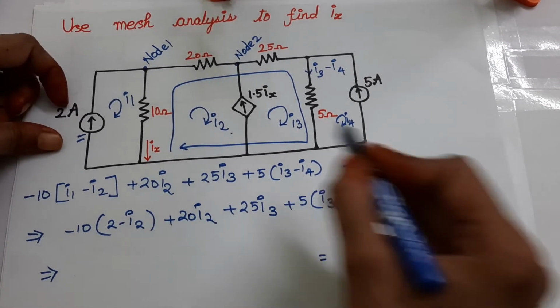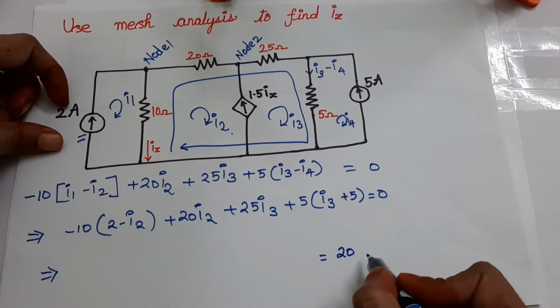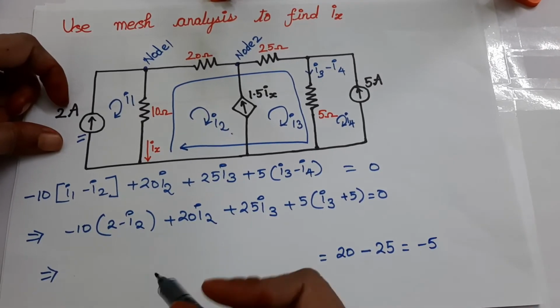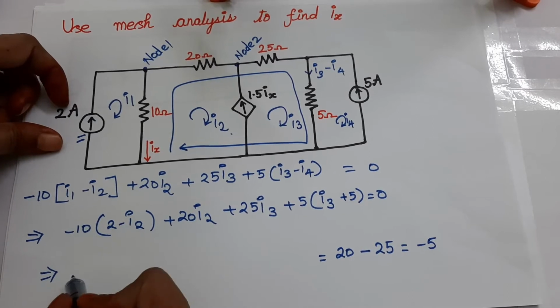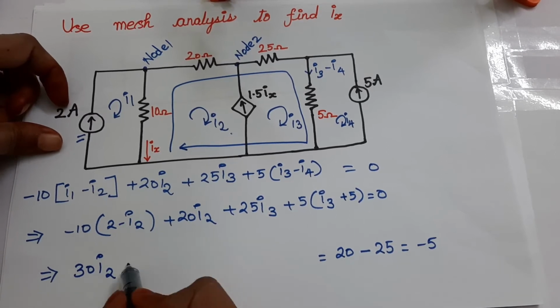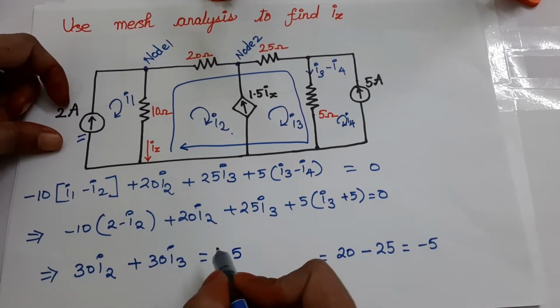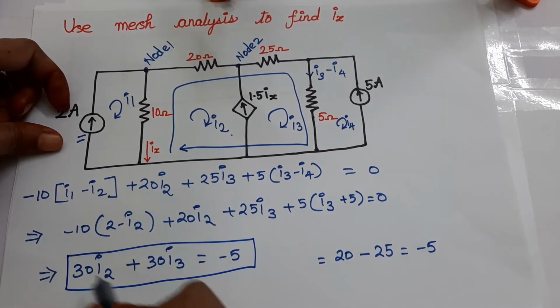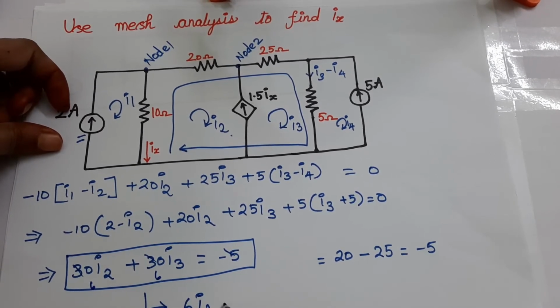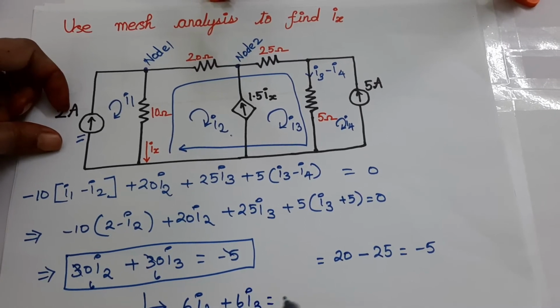So this is minus 20. If you go to that side, minus 20 will become plus 20, and this 5 and 5 will be 25. So this is minus 25 minus 5. Let me come back to the currents. Minus into minus, plus 10 plus 20, 30. So this equation will be the same as 6 I2, I'm just cancelling it out. 6 I2 plus 6 I3 will become minus 1. This is our supermesh equation.